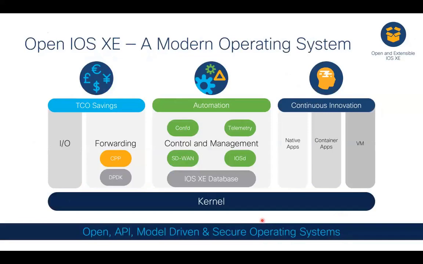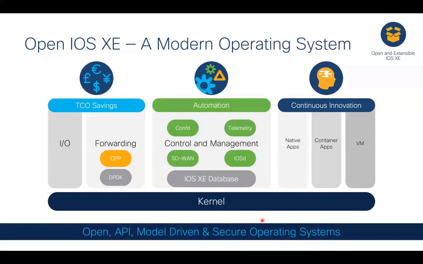That 10 or 12 years of investment in traditional routing feature innovations, and the last 4 to 5 years of innovation with IOS XE SD-WAN use cases, all of them are readily available on day one just because IOS XE is totally modular, programmable, and open for porting to new platforms. So all the Catalyst 8000 Edge portfolio will get the features readily available on day one. Almost full feature parity there.